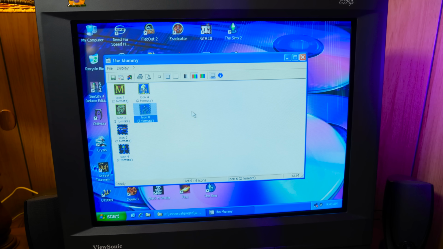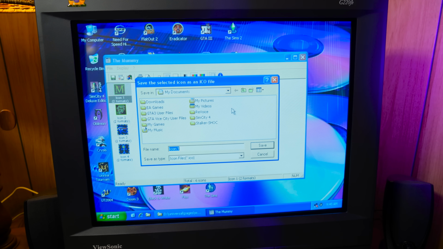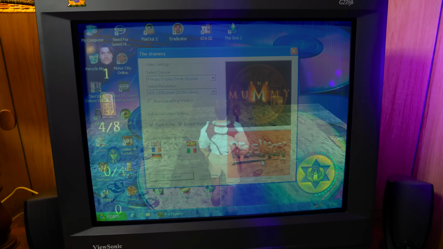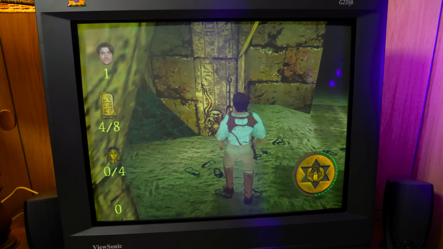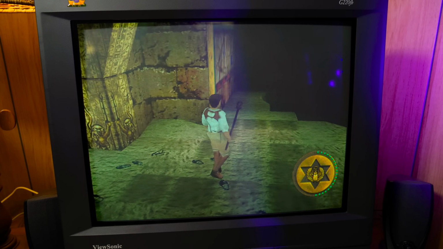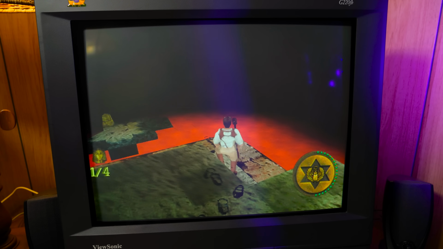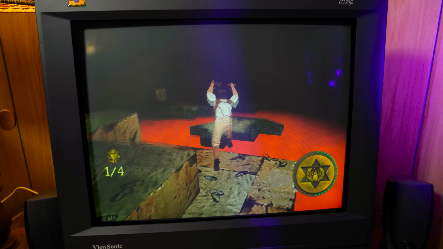I mean, this was very much a thing that I did back in the day, so hey, cool. It's just amusing that it has its own little program exclusively for this. And there is one more game on here, or rather a demo for one, and that is Rebellion's The Mummy PC game. I forgot this existed. I've never played it. Now that I have a little, I'm not surprised I've never really heard anyone talk about it, because this is bad.